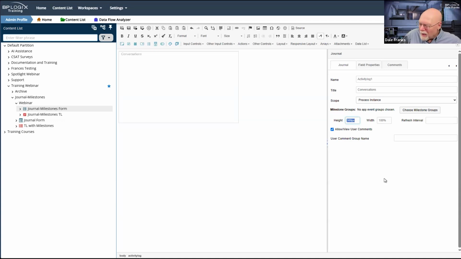I certainly don't want to force people to scroll horizontally ever. So 100% solves that. And I am going to accept that people are going to need to scroll vertically to fill out a form. How much do I want them to scroll? How high do I want that control to be? And I don't know